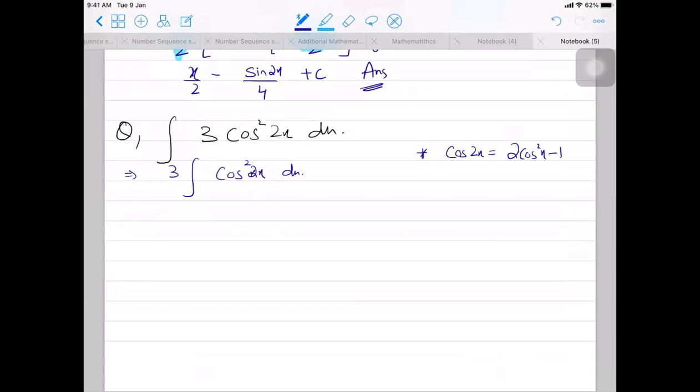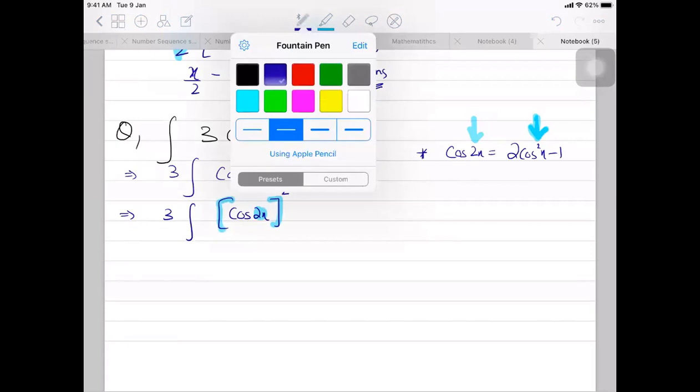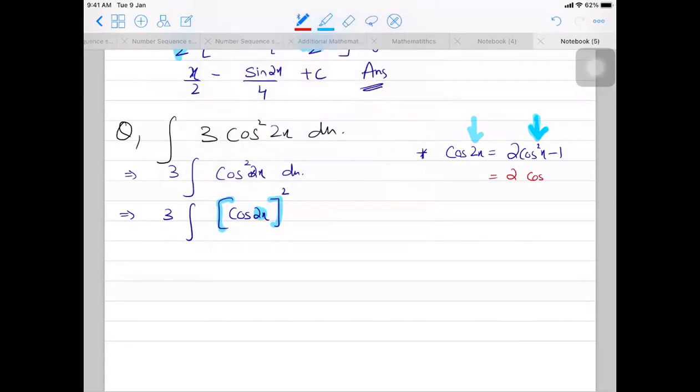But right now, in this question, I have to integrate cos 2x the whole thing squared. The squared term has 2x over here, so that means over here I will be needing cos 2x. The ratio of this angle to this angle is 2 is to 1. That is why we call it the double angle identity. So according to you, if I have 2x over here, what should be the angle present on the left hand side? Cos of